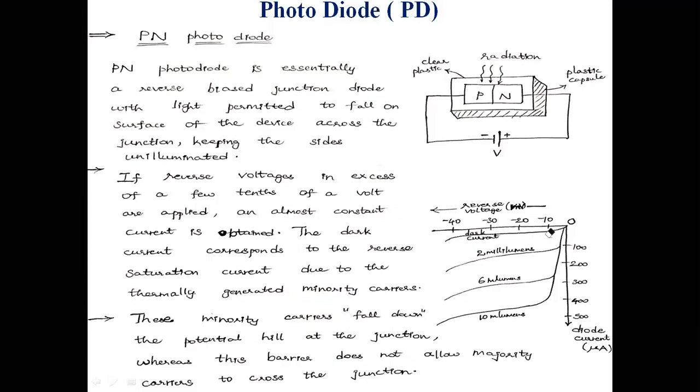From that reverse bias, by increasing the reverse voltage, I can get a constant flow of current while maintaining constant illumination. That illumination may be from 10 millilumens to 2 millilumens. Below that, we call the current flow the dark current here. And thereafter